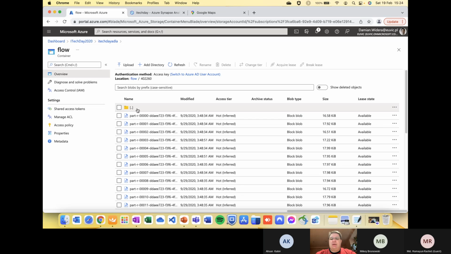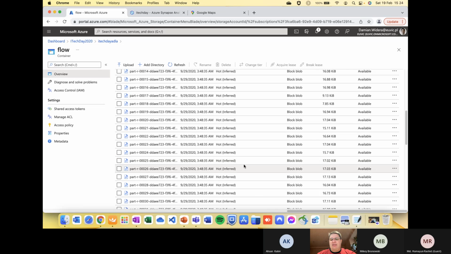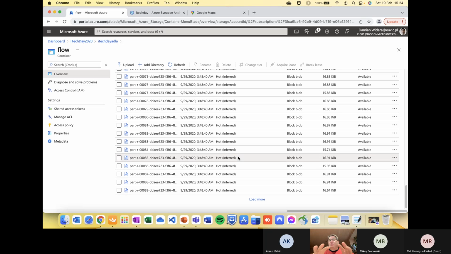The data is in the Parquet format, and as you see, it's a lot of the data from each of the station. So each of the station has a bunch of files, and I'm going to read all the files immediately inside the